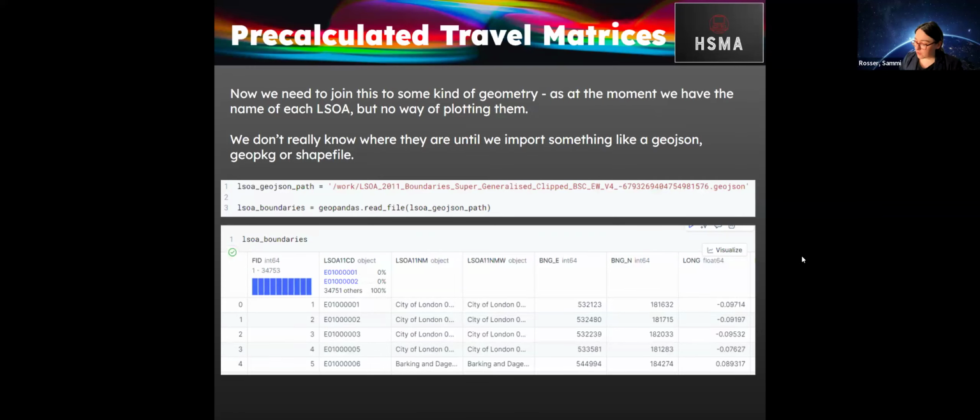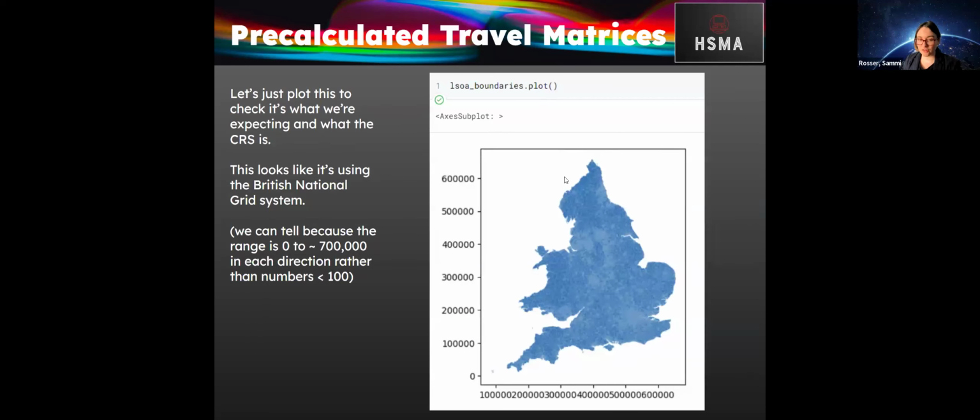So now again, we need to join this back to some kind of geometry, because as we've done before, we've got the name of each LSOA. We know what the shortest travel time to them is. But until we import something telling us where those LSOA boundaries are to GeoPandas, we can't plot it. So again, we're going to just import an LSOA boundary file. We're going to read that into GeoPandas using the read file method. We can then just plot that just to check that it roughly looks like what we're expecting, and actually just checking out when we've imported this,